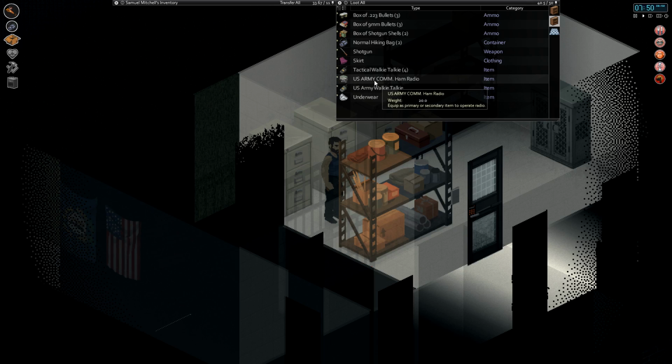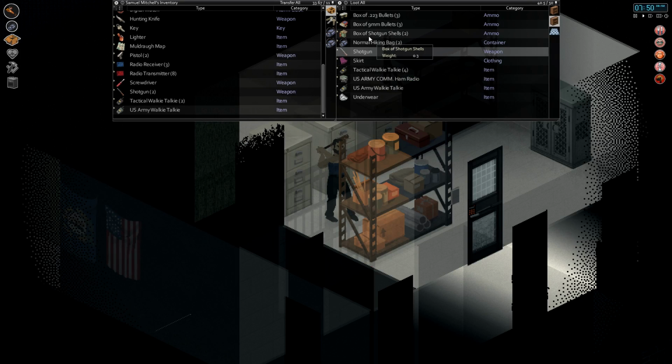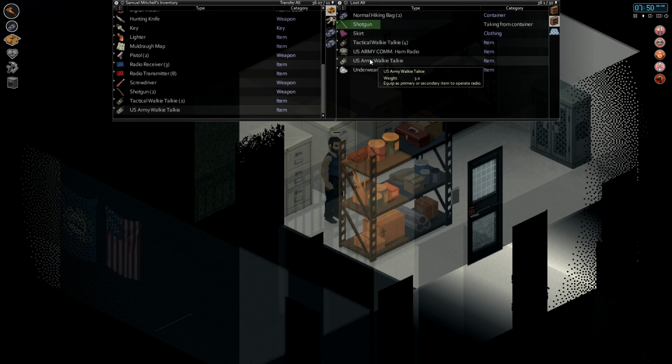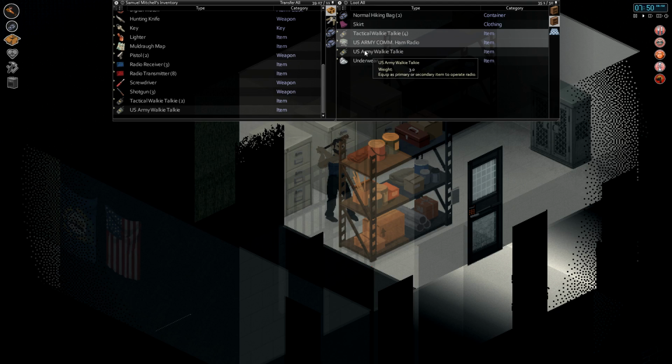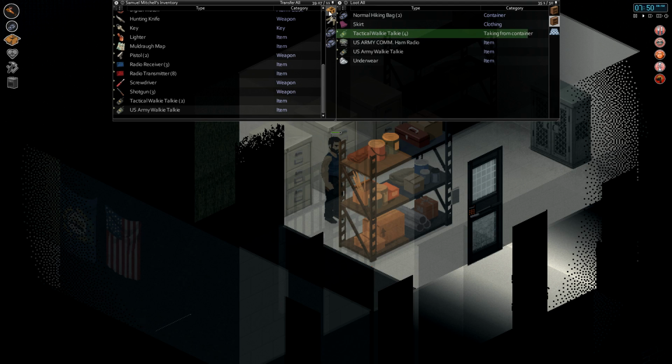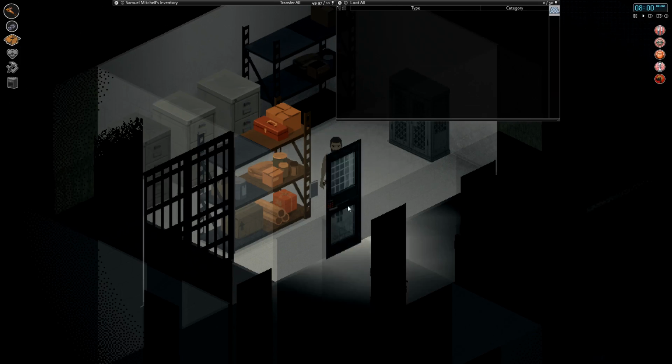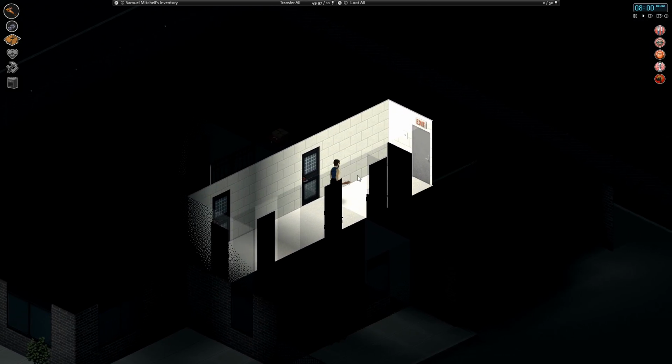Underwear. U.S. Army communications radio. I mean, I have read that you can basically use these, the ham radios, and get messages, but it's kind of weird the way that it works, basically, because